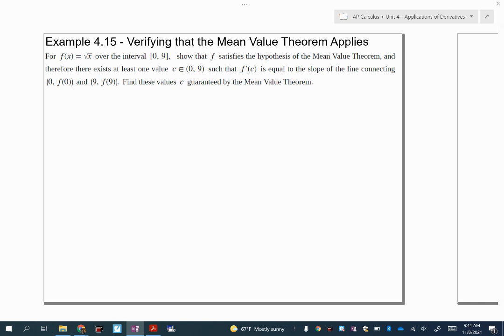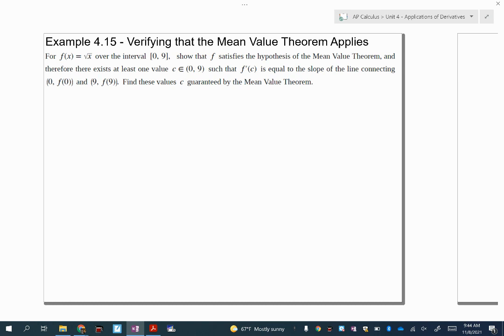We'll graph it as well. And we want to find it over the interval between 0 and 9. Now, if I sketch that curve, it's continuous, it's differentiable over the entire thing, so we're good there. So we need to prove or find out, using the mean value theorem, the value for c that gives us